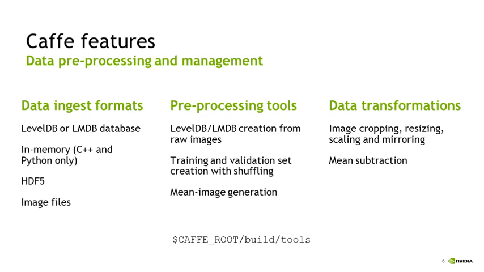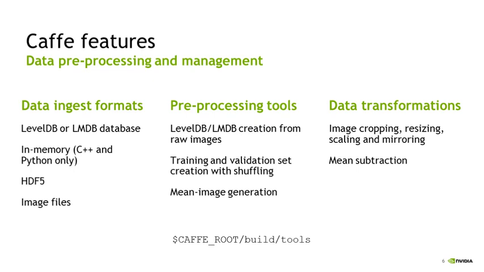And you can actually train networks directly from raw image files, although this is less efficient than using the LevelDB or LMDB databases. There are a number of pre-processing tools. When I say tool here, I'm referring to a Linux command line binary that will be wherever you have Caffe installed. You'll see at the bottom of this slide this file